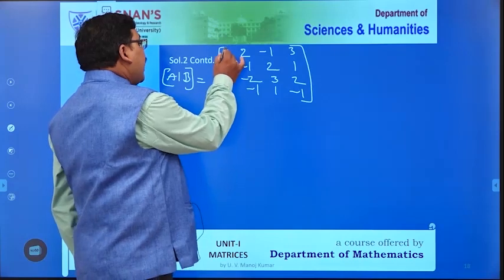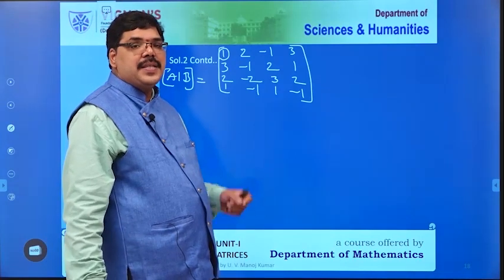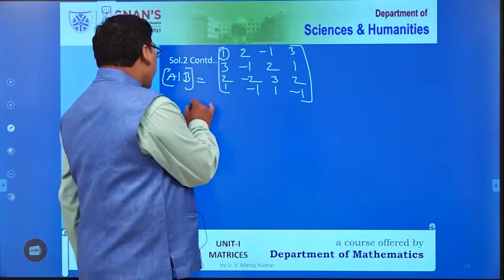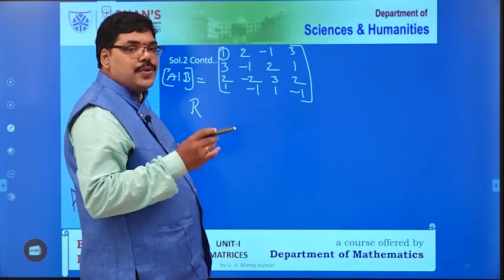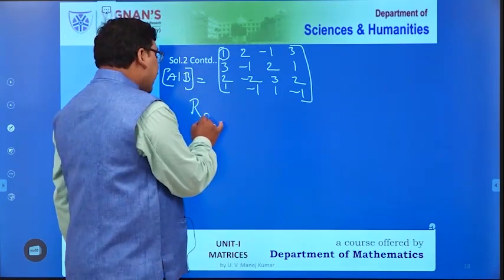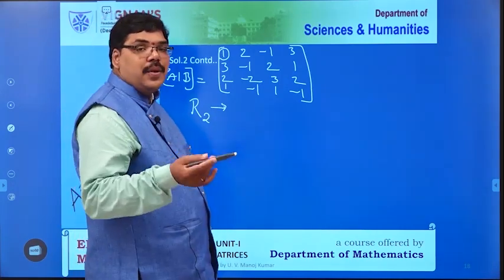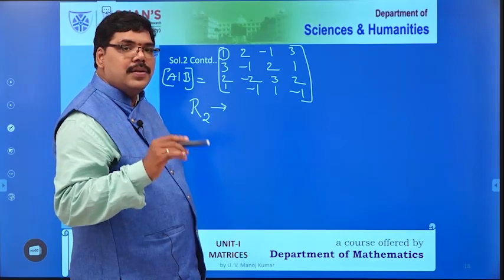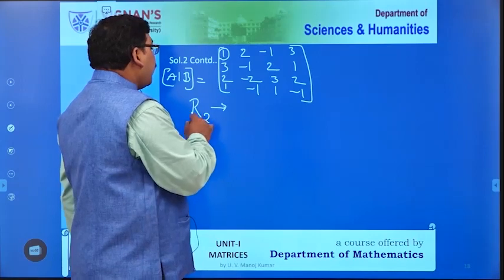Using the first principal diagonal element, I want to convert the elements in the other rows which are in first position into zeros. So we are using same first principal diagonal element which is in R1. So using R1, we are reducing R2, R3, R4. So we can write and apply simultaneously because all the 3 rows are being changed by R1 only. We can apply all of them together.